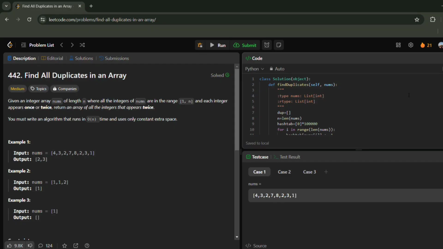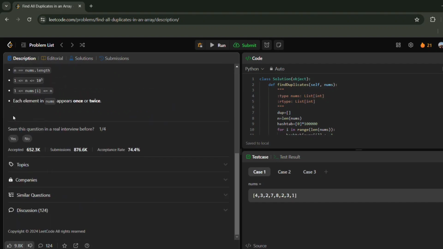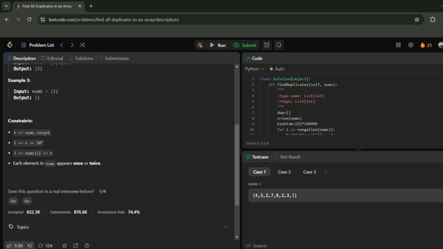Everyone. So this is day 25 March 2024 and today's LeetCode question is Find All Duplicates in an Array. Here we are given an array nums and we have to find all the duplicates or the repeating numbers. Like for this example, 2 is repeating and 3 is also repeating, that is more than one time. Similarly for the other example, 1 appears more than one time, so we are returning 1 in a